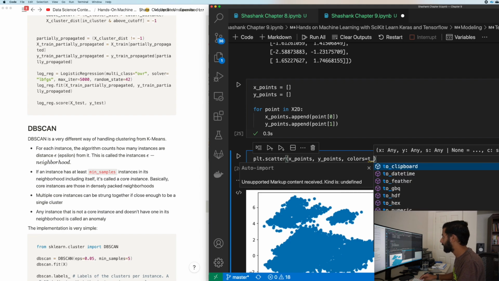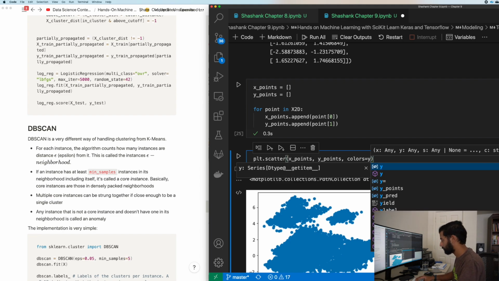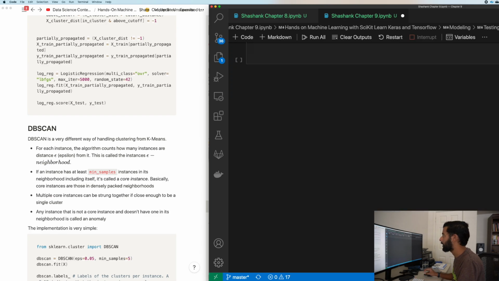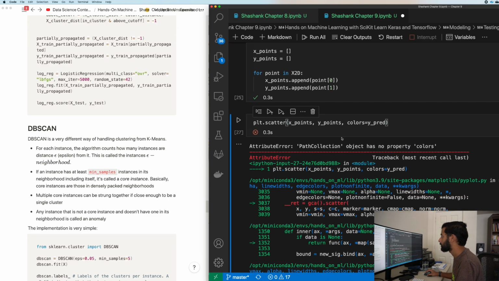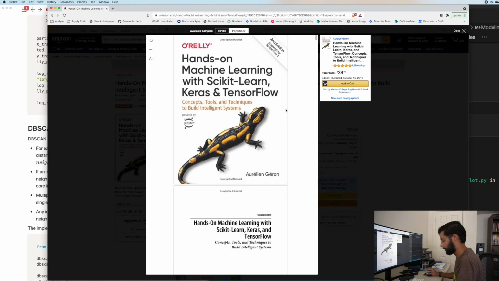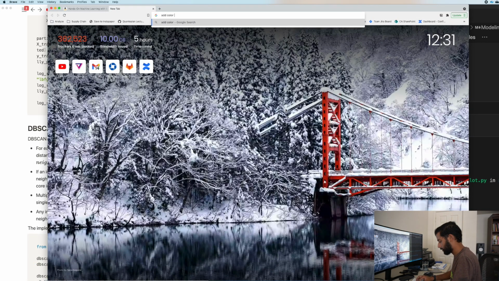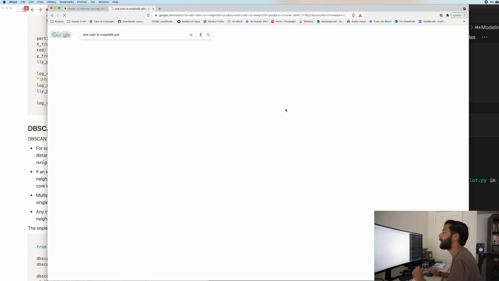I wonder if I can just assign colors by putting in Y pred. I probably can't. Okay. Oh wait, plot scatter. Okay, let's see. Add color to matplotlib plot.